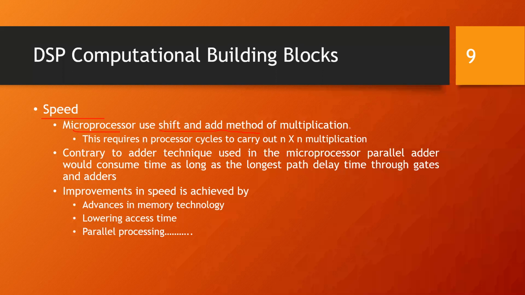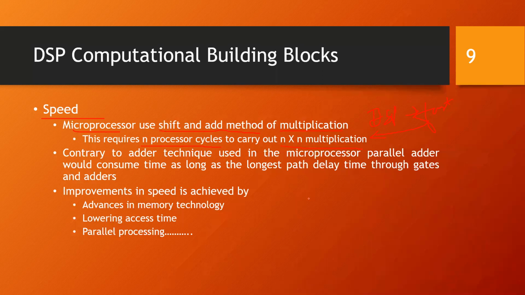Now, what would this do is, if I'm multiplying two numbers of n bits each, then this would require a total of n machine cycles or processor cycles. But in DSP, what is the main feature? It should be fast enough. If I'm taking n cycles for multiplication itself, consider convolution, for example. How many multiplications will be present? There will be many, because it depends on the input signal and the filter coefficients.